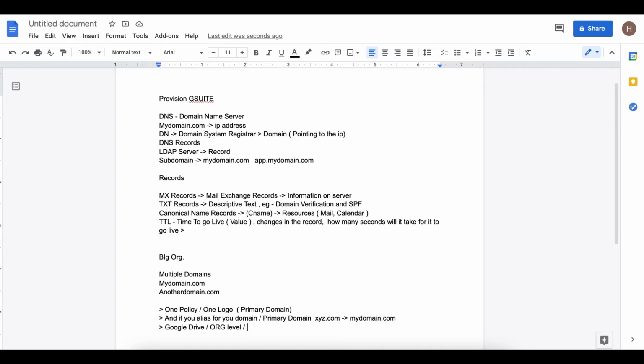You cannot have different Google Drive policies for different domains. It's going to be one policy, but it's not that much of an issue because there is a lower level of security as well. A user can choose who to give access to. So these are some points to keep in mind